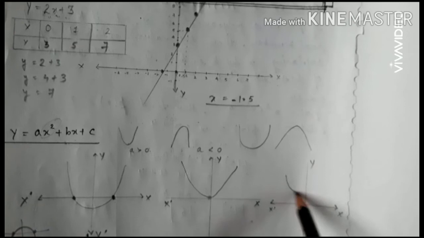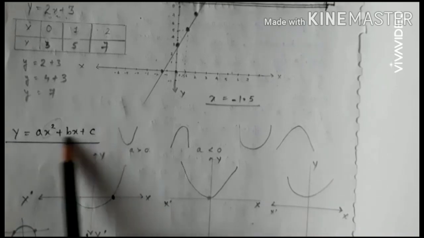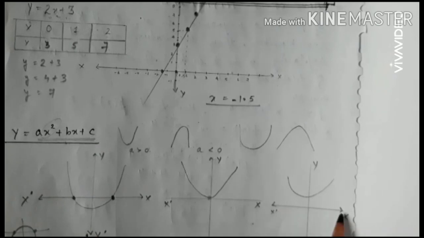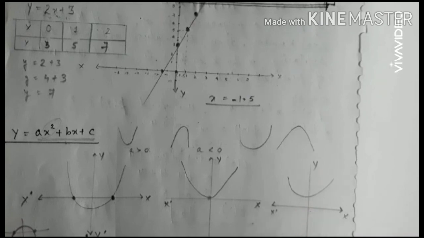Now for the third case it can be like this. How many times does it touch the x-axis? It doesn't touch the x-axis. So the number of zeros will be 0, because it does not touch the x-axis. It touches the y-axis but not x. We are considering the x variable, so we see on the x-axis how many times this parabola touches. It doesn't, so the number of zeros will be 0.